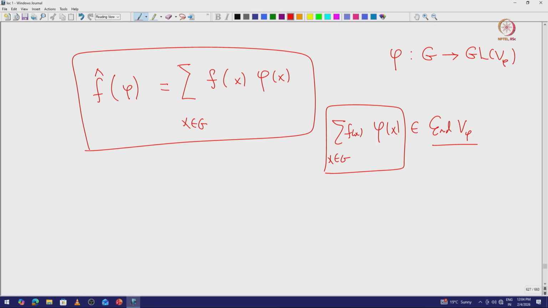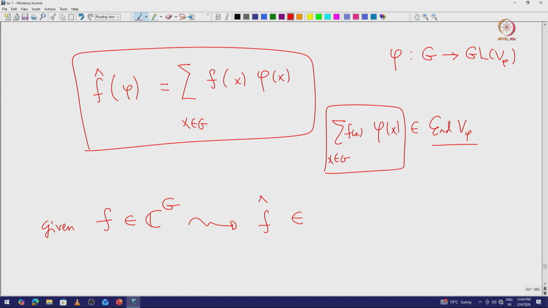So, where this Fourier transform is defined, that is the first question that we would like to answer. The Fourier transform, like I said, it is defined from, so given a function, again the function will come from C[G]. So, given this, we want to record f hat. So, where does this f hat lie? So, this f hat indeed lies inside